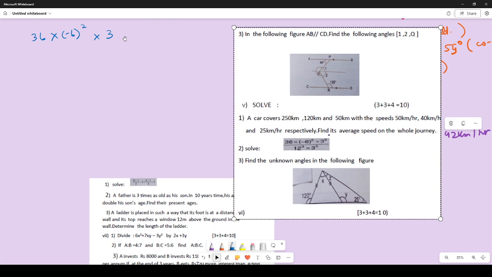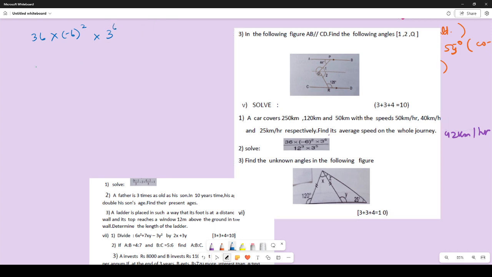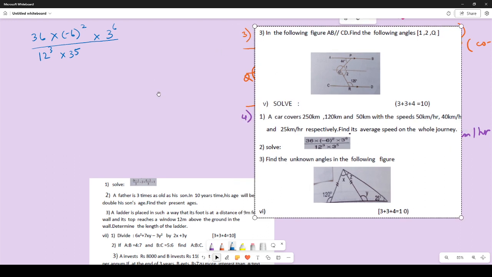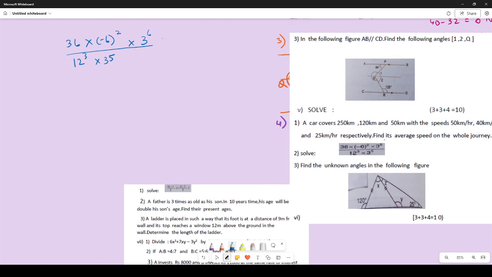Yes, 3 to the power 6 divided by 12 to the power 3 into 3 to the power 5. So that was your question, right? What were you supposed to do with this question? Change all of them into prime factors. So 36 is what? 36 is 9 into 4, right? So 9 is 3 square into 2 square into